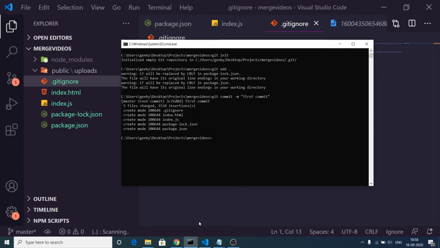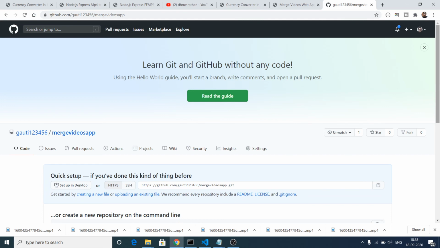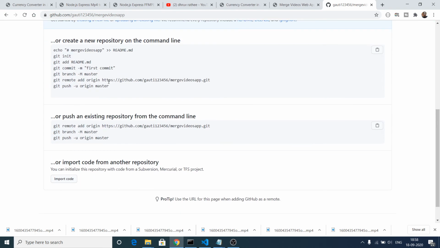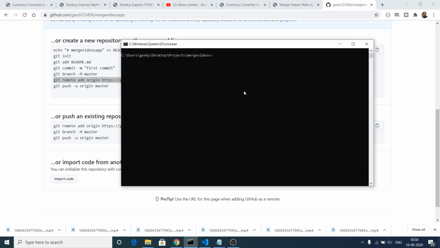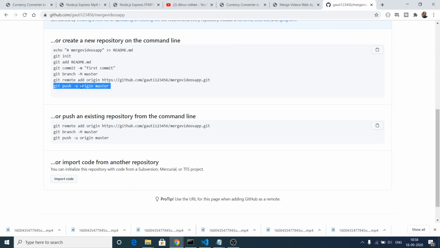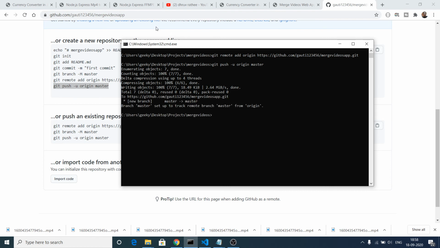So this will commit all the files for you, and now you simply need to copy paste your repository address which is there inside this command git remote add origin. So this will be different for you. So enter and git push -u origin master. So this will upload all your files to GitHub. So just wait, it is uploading these files. If I refresh here,